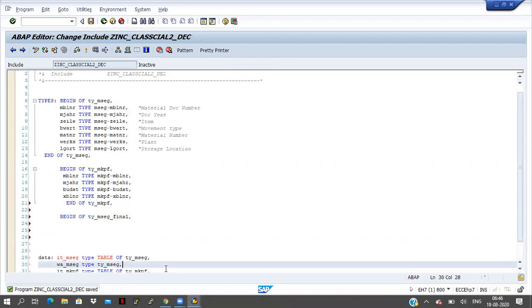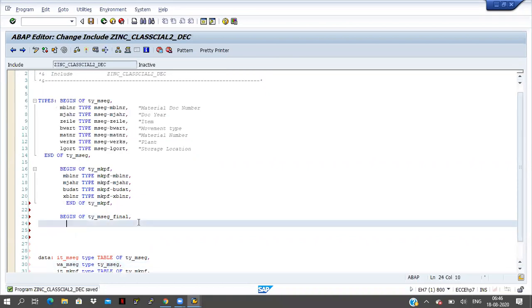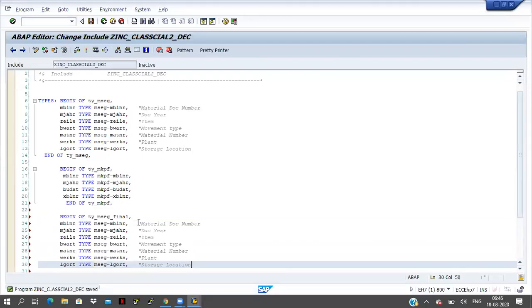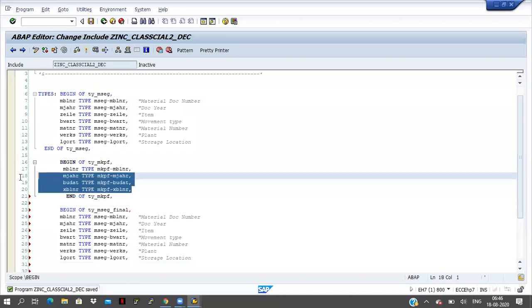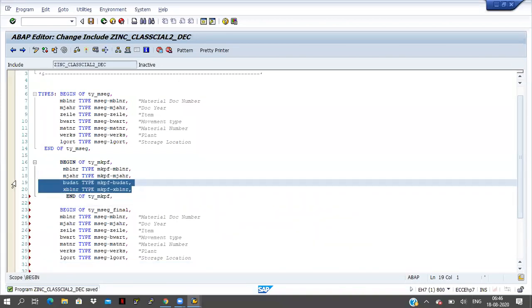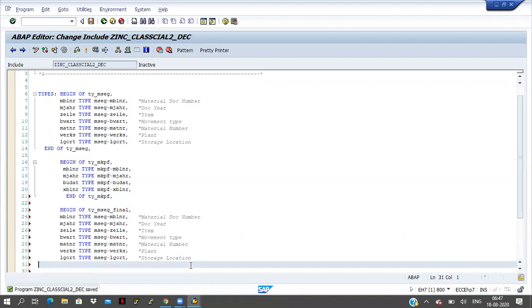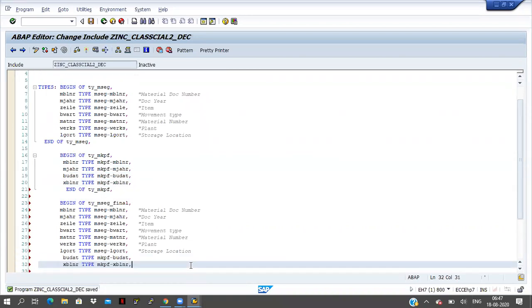Control C. And I have to copy these things also, right? Already MBLNR and MJAHR are coming. I am copying only BUDAT and XBLNR.